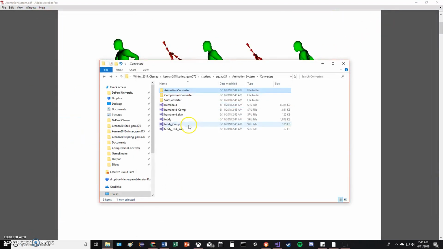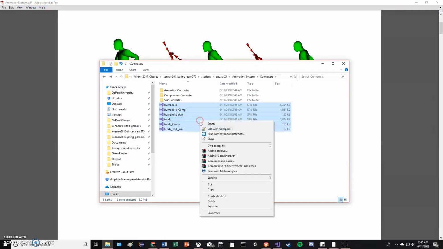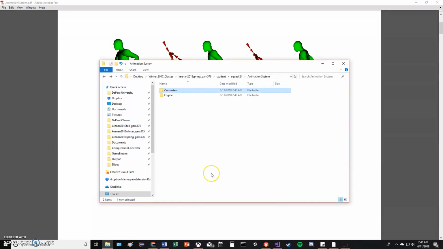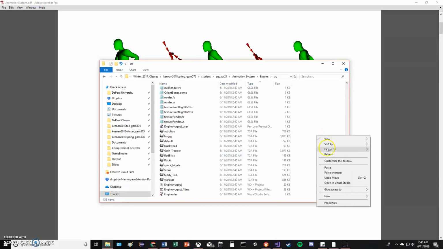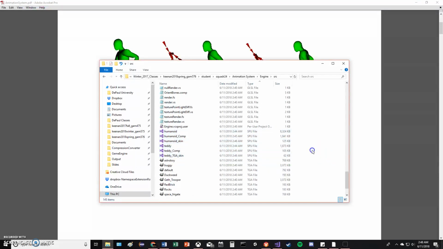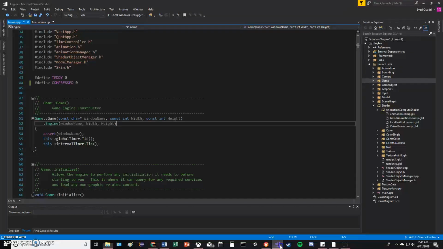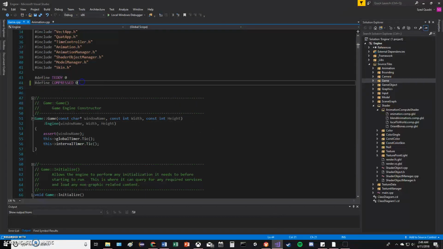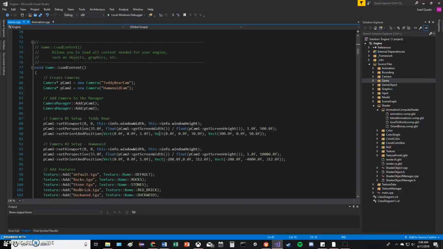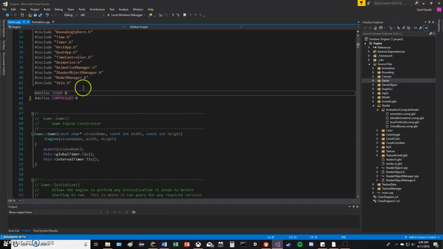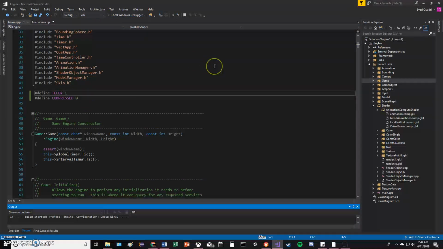Okay, now for the fun part. We take all these packaged SPE files and put them in our source folder here so that we can open them in our game engine. You can use these macros here to go through and run either Teddy compressed or not compressed, or the humanoid. So first I'm going to run the teddy bear model uncompressed. And if I click run here,